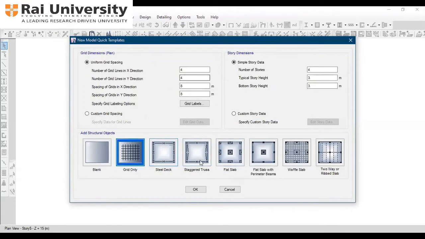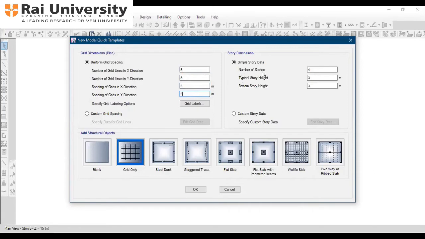Now the number of grid lines in X direction is 5, because we are going to make a 4 by 4 bay plan. The number of grid lines in Y direction is again 5. The spacing of grids in X direction we take as 5 meter, and the spacing of grids in Y direction again 5 meter.